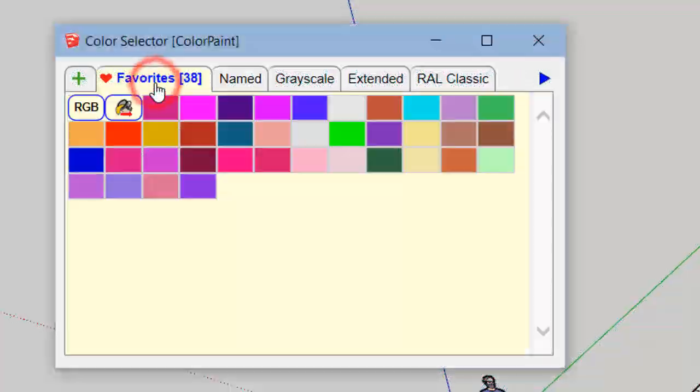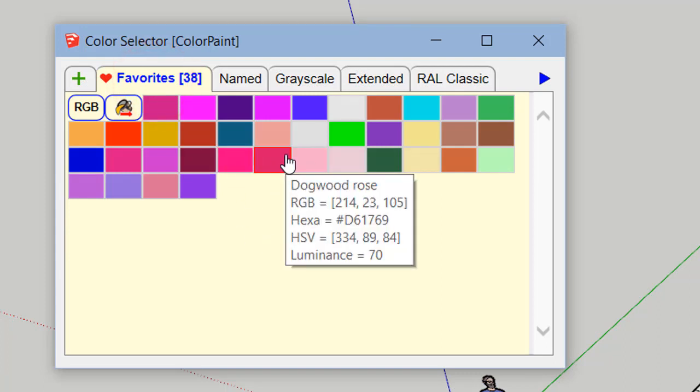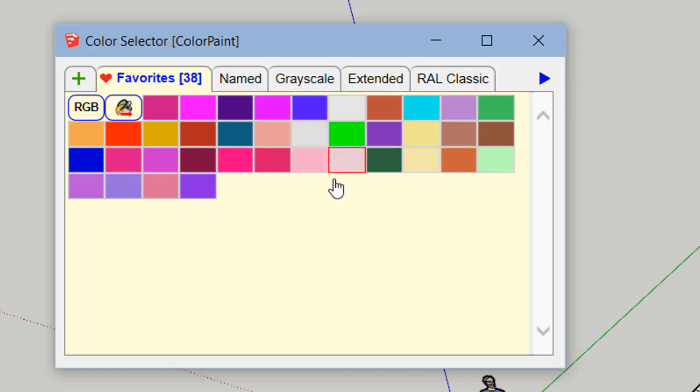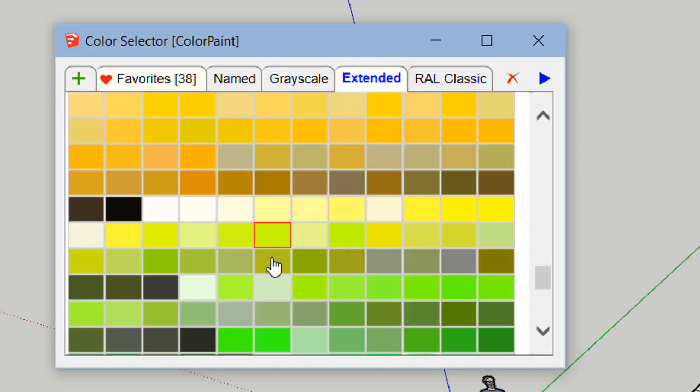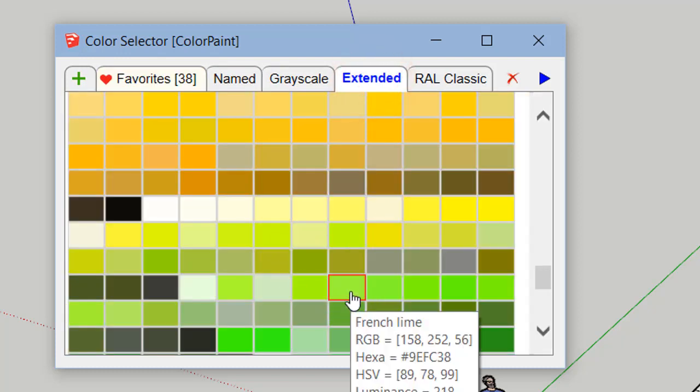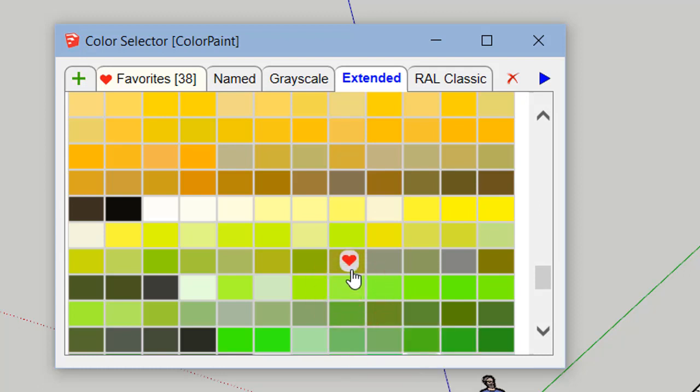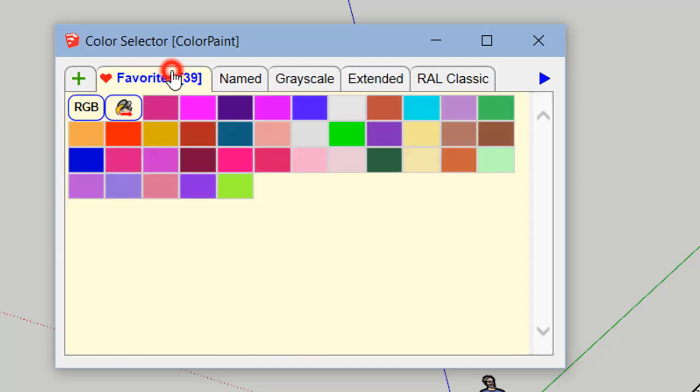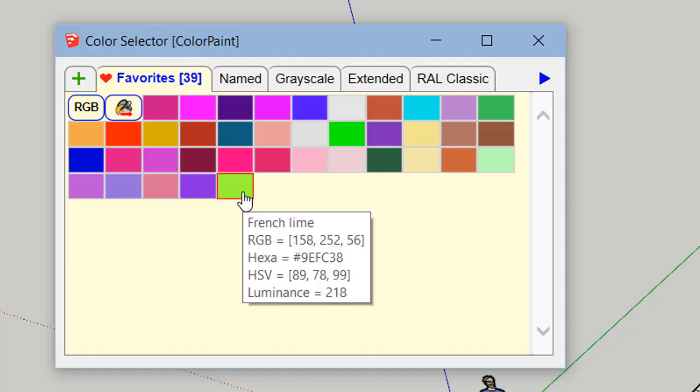The first color tab is Favorite. This is a place where you can keep your preferred colors and use them across SketchUp sessions and independently of the model. So favorites function the following way. If you are in another tab and you want to add a color to the favorite, slightly click, drag, and release when you see the small red heart, and it will appear in the favorite.